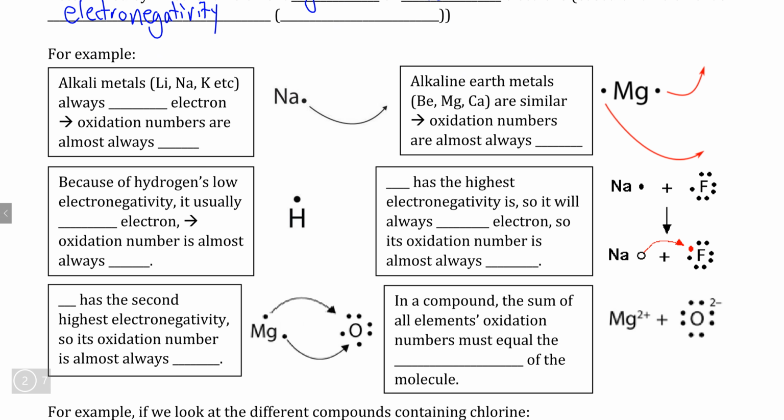For example, we know that the alkali metals like sodium have the lowest electronegativity within their respective periods, and because they only have one valence electron, we know that they're always going to lose one electron. Now, if they lose one electron, that gives them a charge of +1, and that means that this charge is also their oxidation number. Likewise, alkaline earth metals,